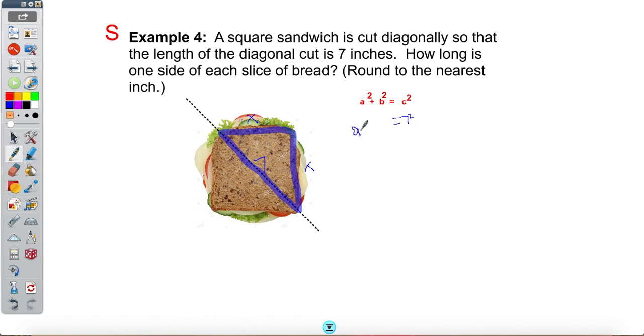So what is a squared plus a squared? Sorry, I'm having a little trouble writing here. A squared plus a squared